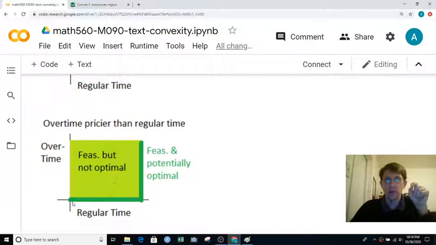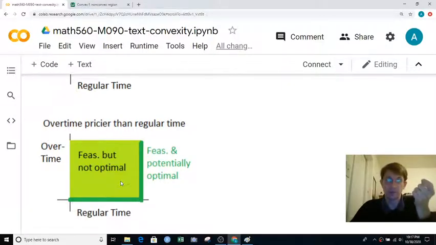There, I wouldn't be using all 40 hours of regular time, but I'd be using some overtime. Now, that doesn't sound feasible, but you know, if you tried to pay your employees like that, they would say that's feasible, right? Well, I only work 30 hours a week, but you're paying me 10 hours overtime, totally fine, right? So it's feasible, but it's not